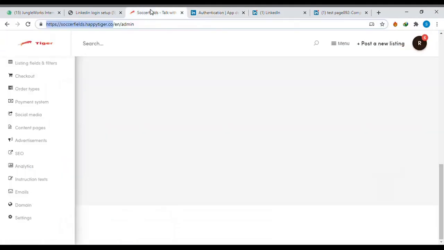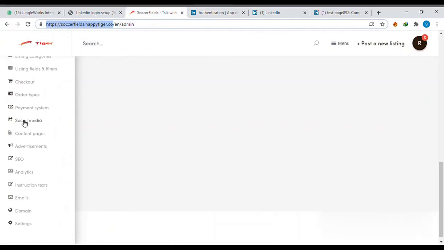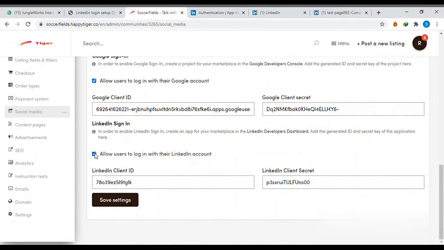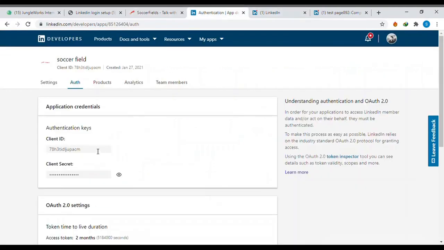Now go back to your platform. In the admin section, there is an option called social media. Click on that. Scroll down. At the very last, you can see there is an option called LinkedIn sign in. Just delete the previously filled keys and put in the fresh ones which we have just created.